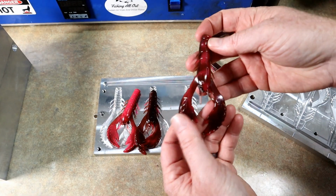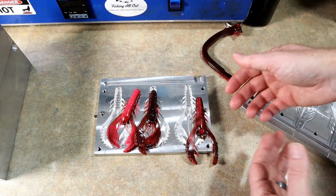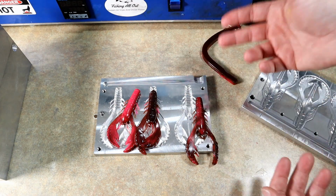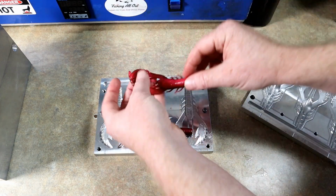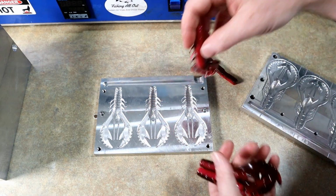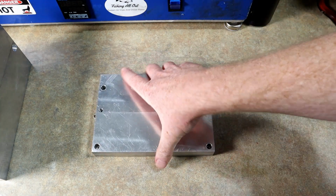I was just simply saying, yeah, I don't think it's going to swirl, just based on the mold cavity configuration. Now, there might be other cavity configurations of the ecto crawl in different cavity counts. Like if you have a 2 cavity, maybe it's a little bit different. If they're going this way, and the runner's going this way, I think you're good. But for now, we'll definitely call that one not a swirl, which I kind of anticipated, but it's still good